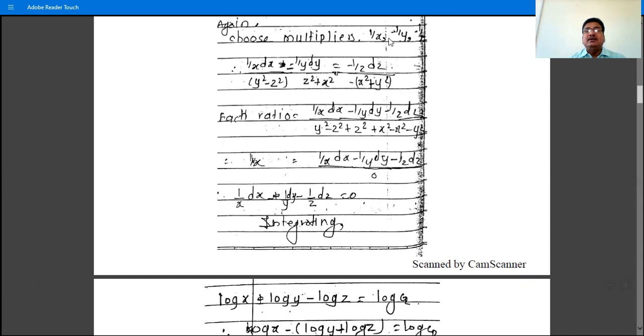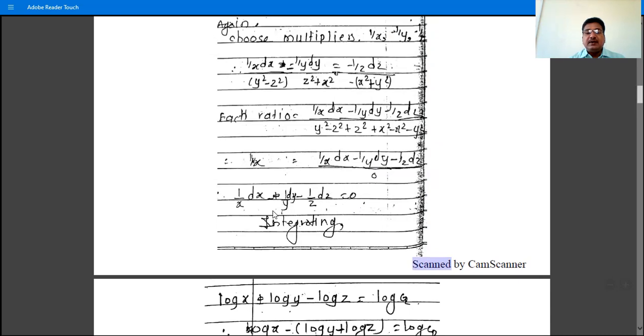So these are the linearly independent multipliers, 1/x, −1/y, −1/z, and therefore, don't write this step, directly write each ratio is equal to (1/x)dx − (1/y)dy − (1/z)dz, and then after multiplying 1/x, −1/y, −1/z, the denominator is equal to 0. Therefore we have (1/x)dx minus (1/y)dy minus (1/z)dz